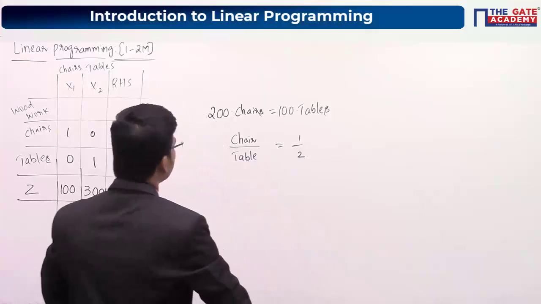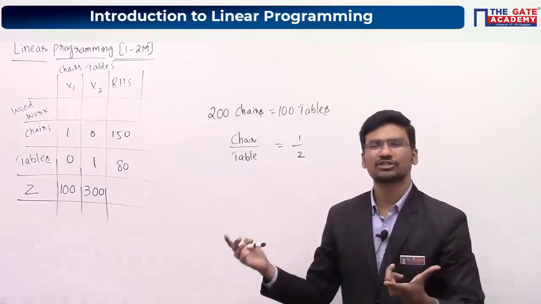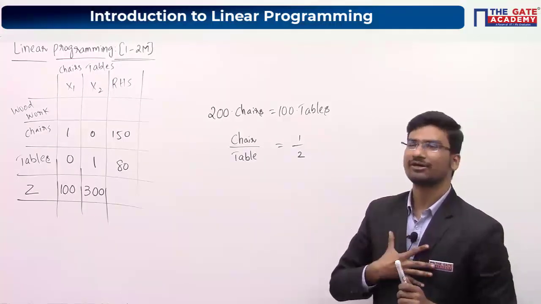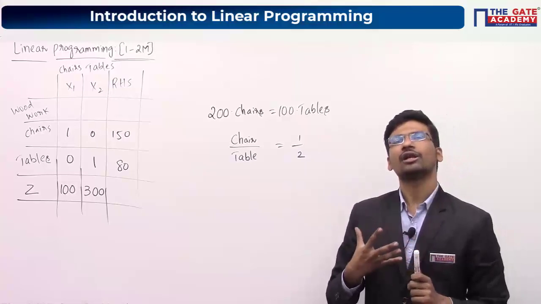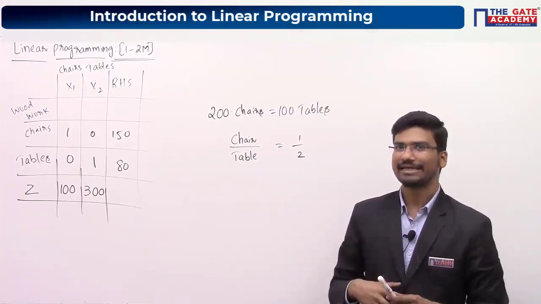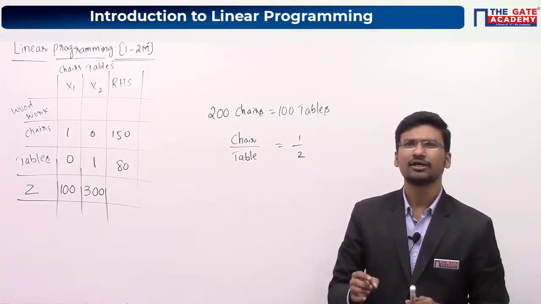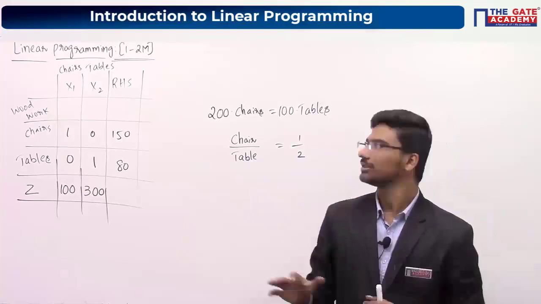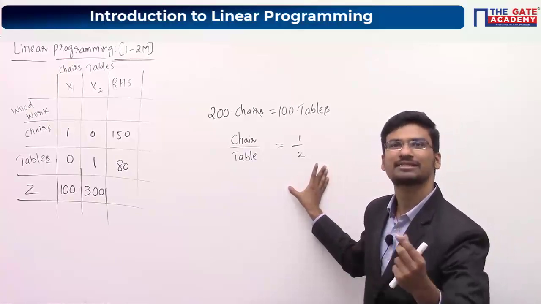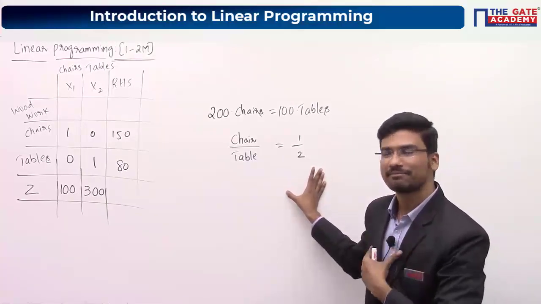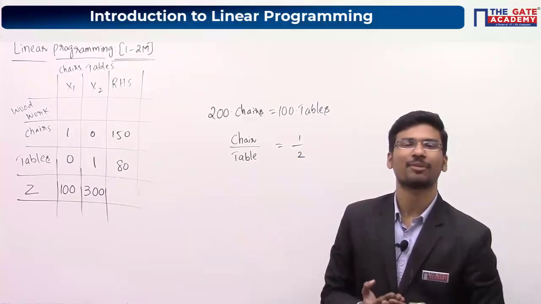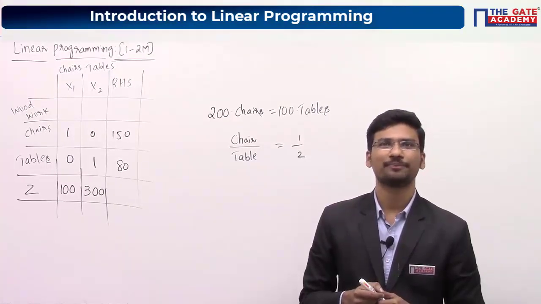Now listen carefully. Let us assume that I am taking 1 hour to manufacture a chair. Now, total how many number of hours will be there in my hand? Up to this point, have you understood? If you are having doubt regarding this, you can ask. Otherwise, please reply to my statement. If I am taking 1 hour to manufacture a chair, how many number of hours will be there in my hand for manufacturing?